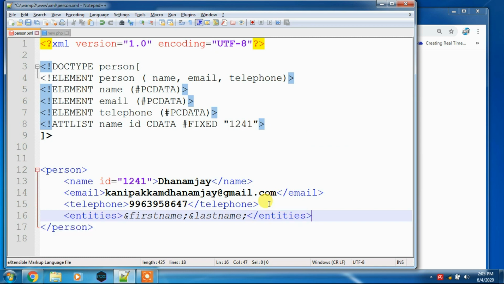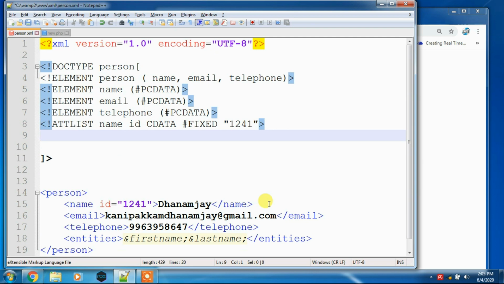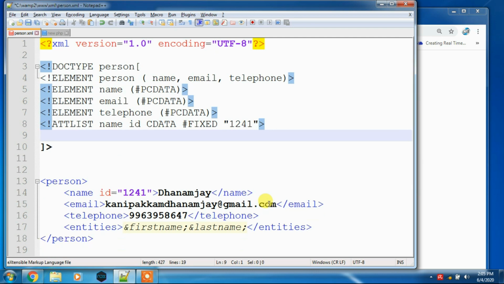Okay, now after that we have to pass the values in the DTD as an entity, right? It's an entity.